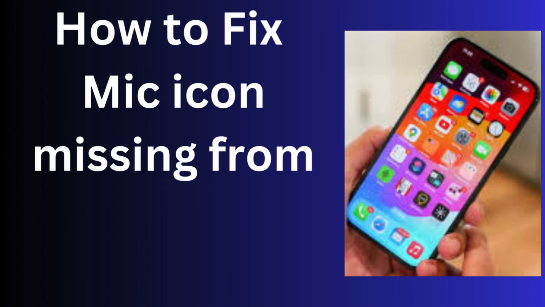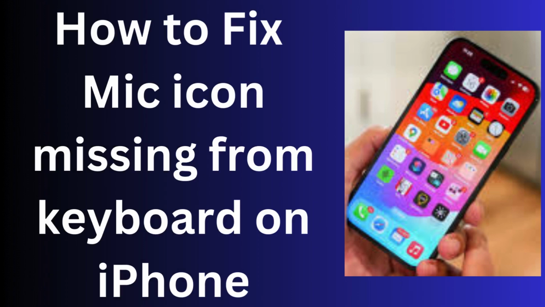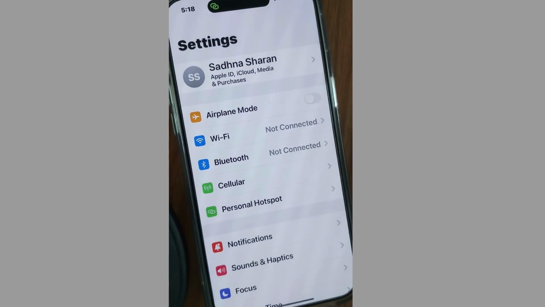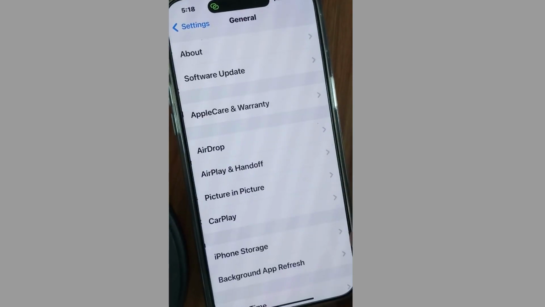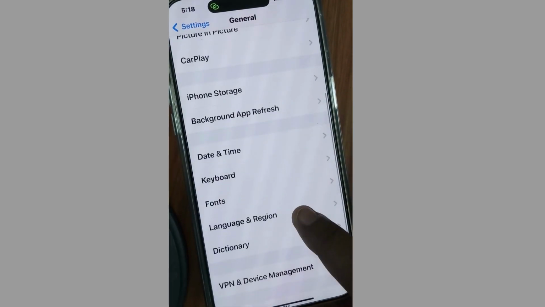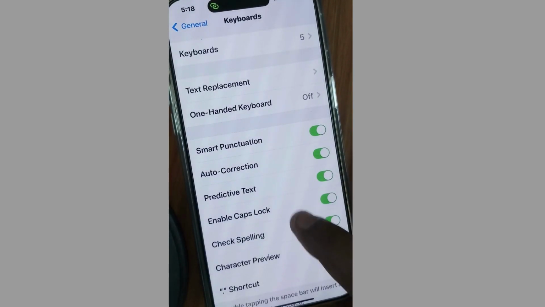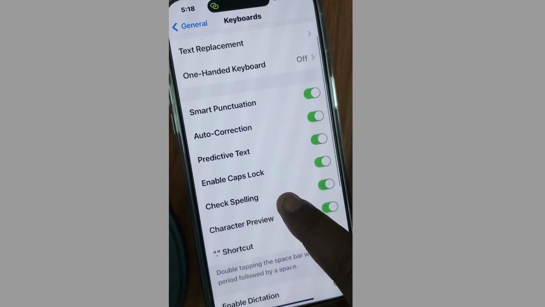How to fix if mic icon missing from your keyboard on your iPhone? If you don't find mic icon on your keyboard, then here are the fixes. Tap on settings, scroll down and go to general settings, and here tap on keyboard and make sure that